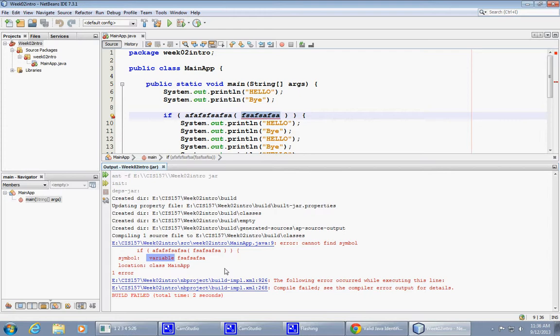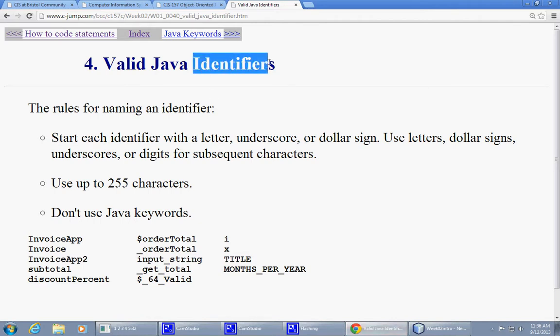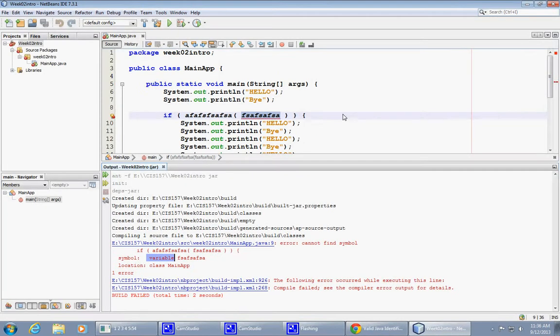But just to go back to the origin of this discussion, Java identifiers identify methods, classes, packages, and variables. So there are valid and invalid identifiers, and we're going to discuss that. You can be thinking that, oh, I could use this name of variable, but it may not be accepted. So we need to discuss that. But before we move on any further beyond this particular point, with this strange example that purposely doesn't compile,